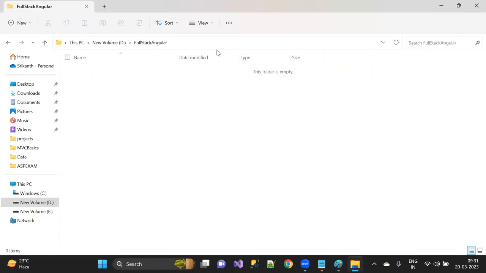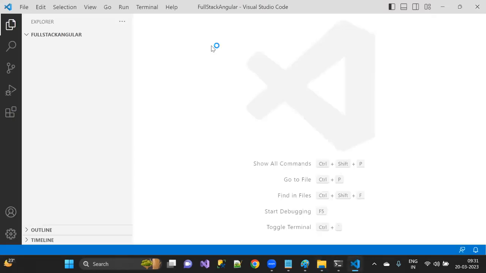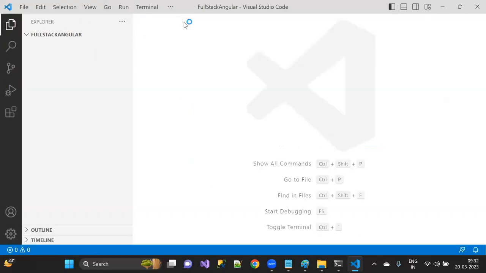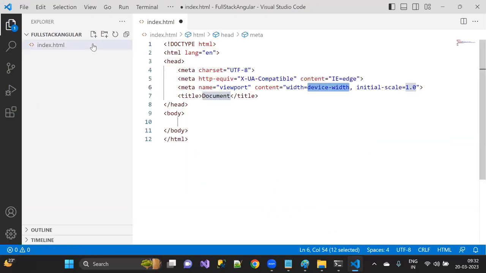I'll open this one, and from here I'll open my command prompt, and then I will tell you all these things, don't worry. So now here I'll create a simple file and the file name is going to be index.html. And I'm going with the HTML5 version.